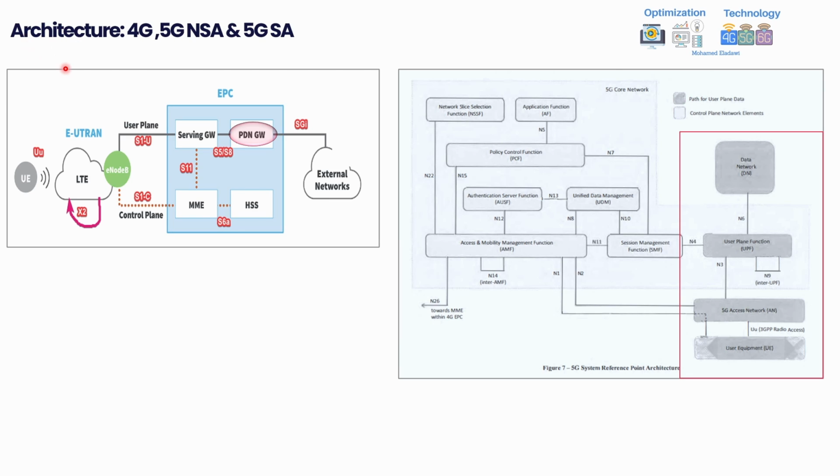Okay, moving forward, this is the full architecture of 4G and 5G standalone. Here on the left, this is the 4G part. This is showing the complete architecture. If you remember, we have the UE, the LTE air interface, and we have X2 between different eNBs or different 4G sites. Then we have the user plane through S1-U toward the serving gateway, and we have the control plane through the MME. MME is connected to HSS, and then we have the serving gateway connected to the packet data network gateway, and the packet gateway is connecting us to the external internet through the SGi